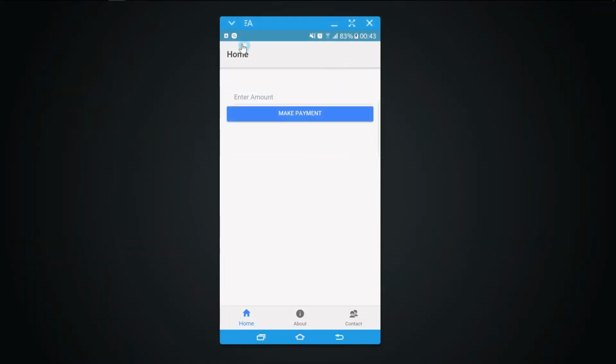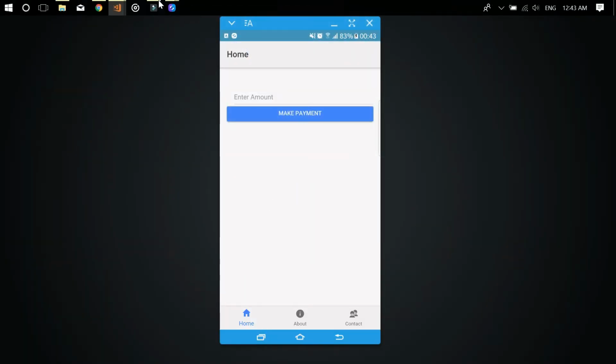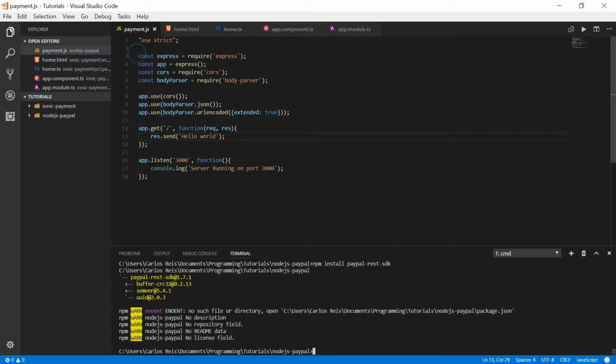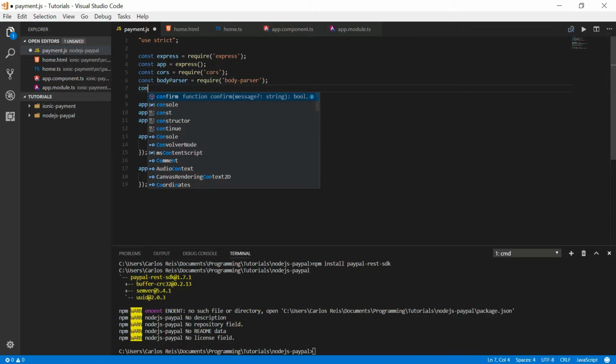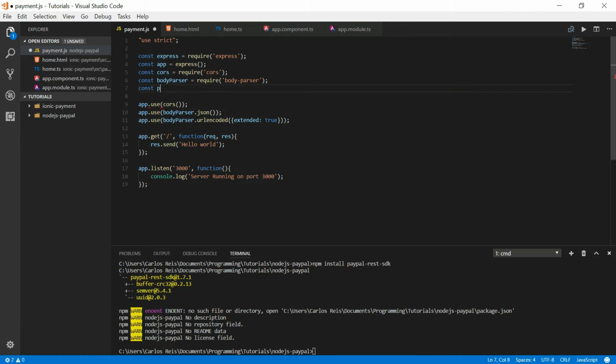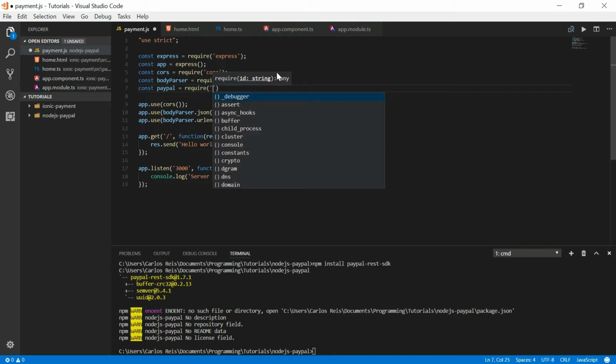So let's just go ahead and do it. Okay, so just say const paypal = require. You should do this after you have installed the module, otherwise it's not going to work. It's going to give you an error. So it's just going to say paypal